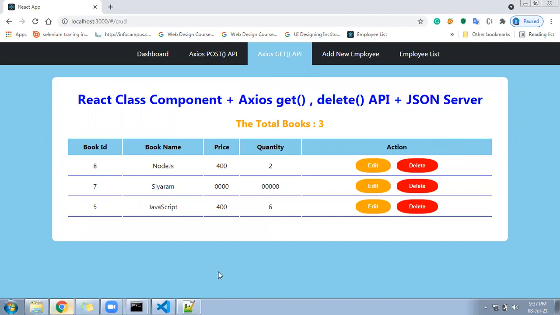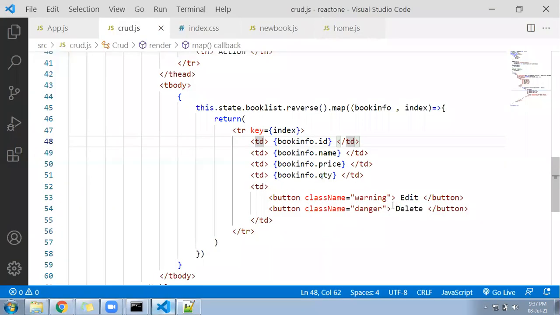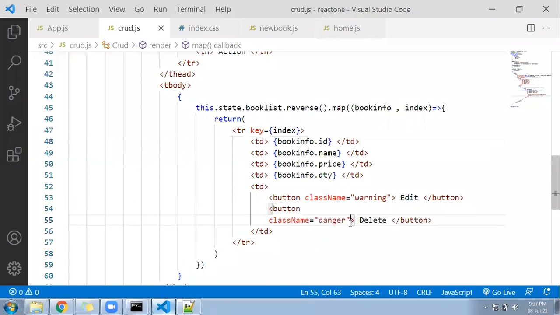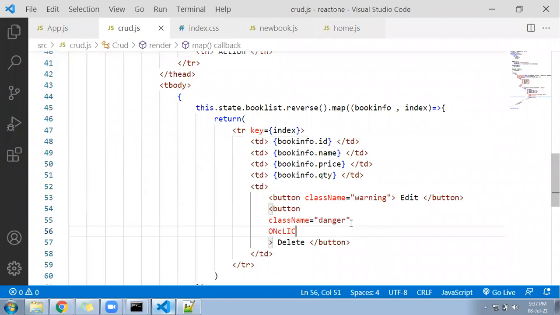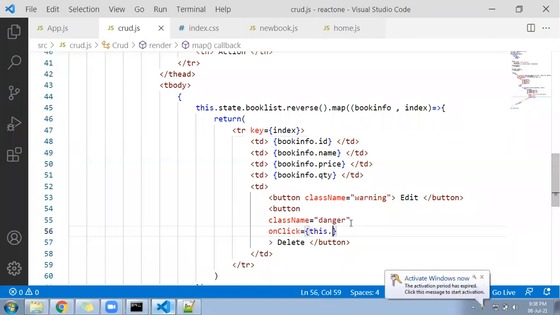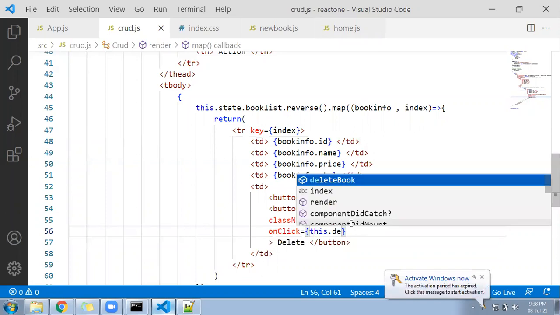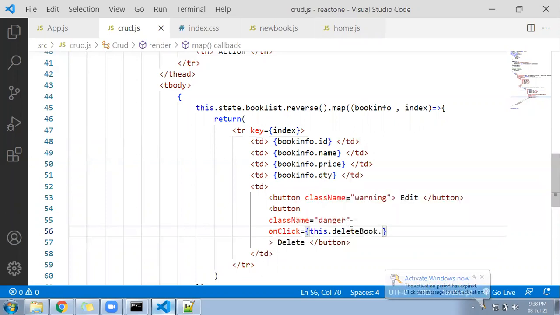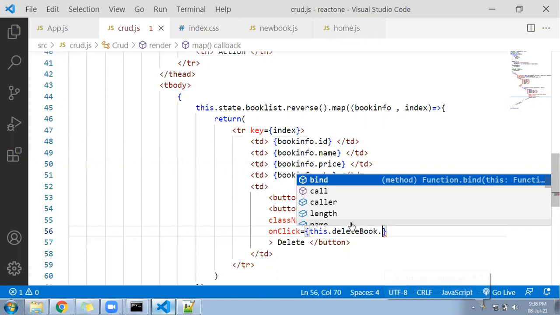Now we need to call the function here on button click. Let me go to my crud.js HTML file at this place. This is my button. Let me bring all the properties to the next line. So here I'll write onClick equal to this.deleteBook. In deleteBook, we want to pass the ID, the book ID that is coming from the JSON file.